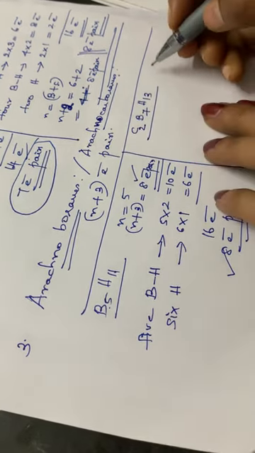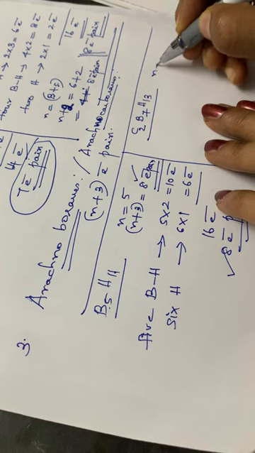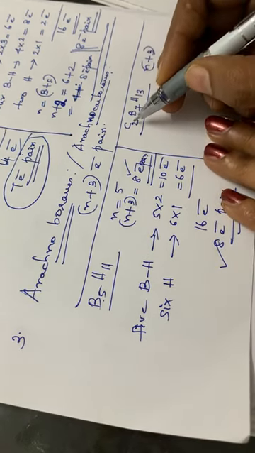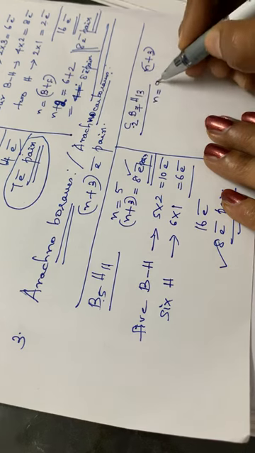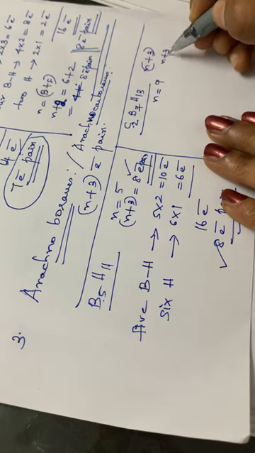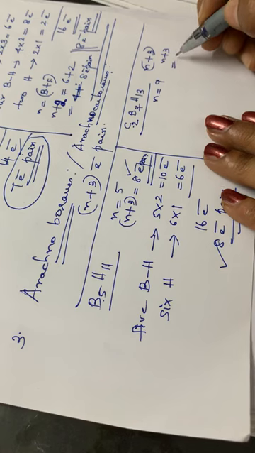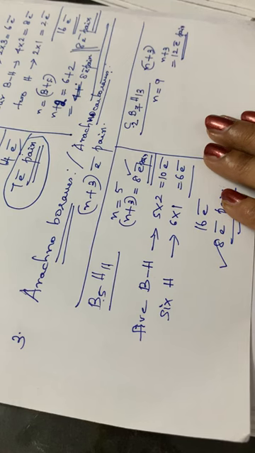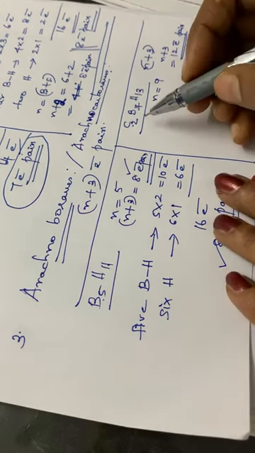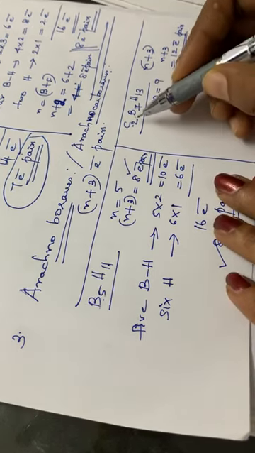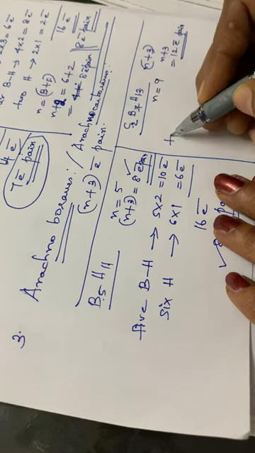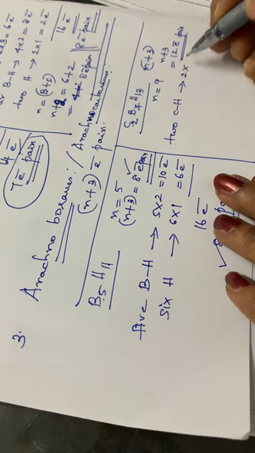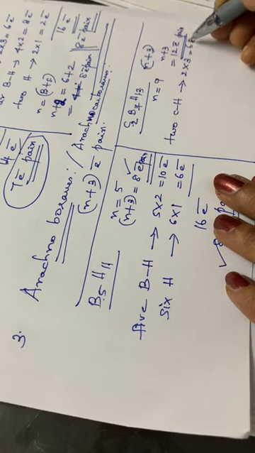So here n is equal to how much? The formula is n plus 3. Here n is equal to the number of boron plus the number of carbon, that is 7 plus 2, 9. So n plus 3 is 9 plus 3, that is equal to 12 electron pairs. Now you have to calculate. How many CH units are there? C2H2, so 2 CH units. 2 CH units means 2 into 3 electrons, that is equal to 6 electrons.